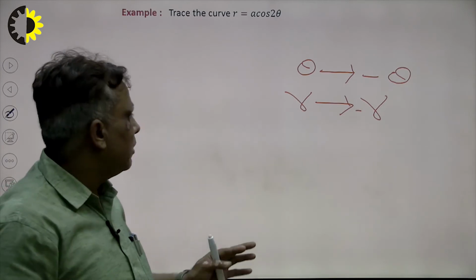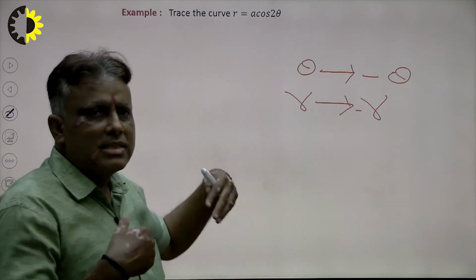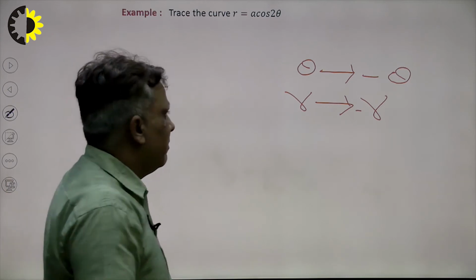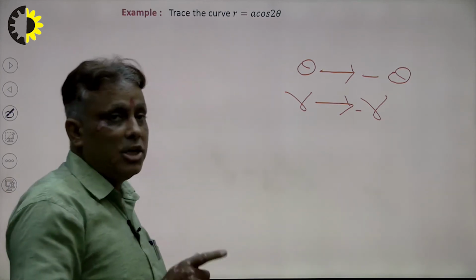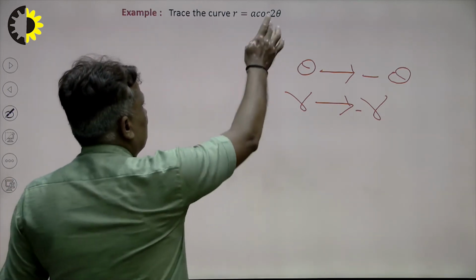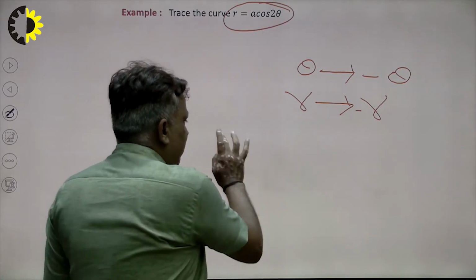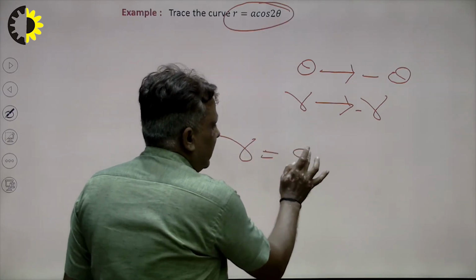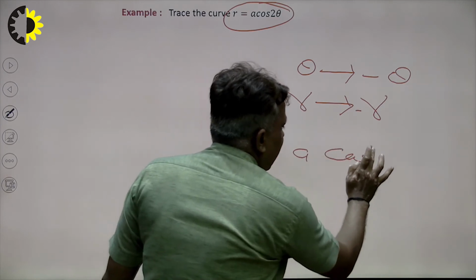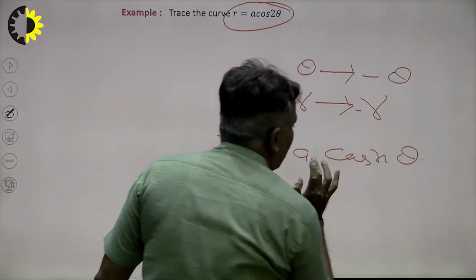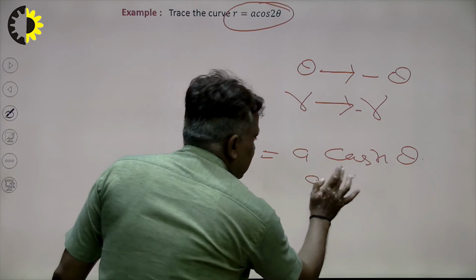There are two things. First of all, I calculate symmetry, and then secondly calculate r maximum and r minimum with the help of a calculator. Students, keep in mind that when we solve this type of problem in polar form, we remember it if r is equal to a cos n theta, or a sin n theta.